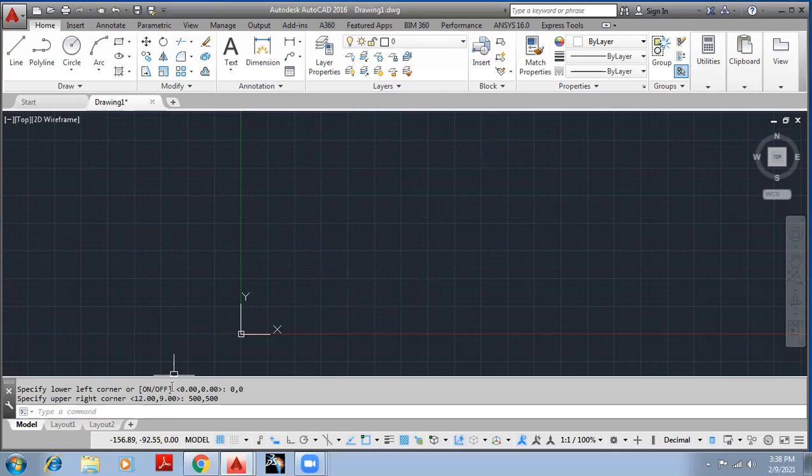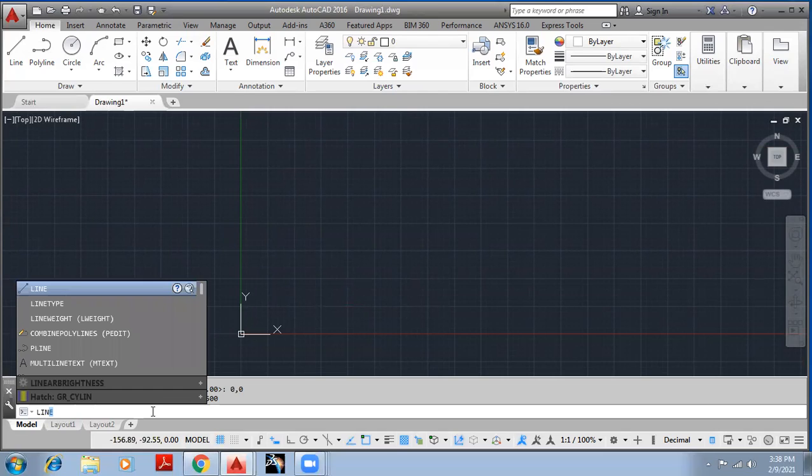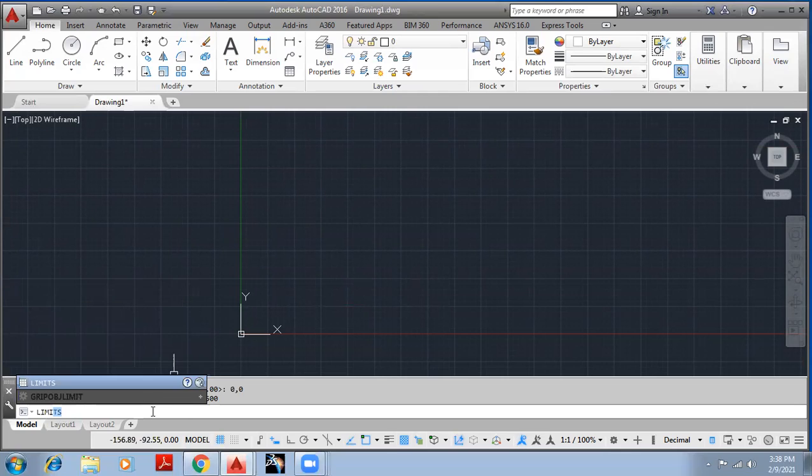So the next thing is what? We should activate that particular limit. Initially we have set the limits, the boundary of a limit. Next we have to make it on and off. So again, enter limit into the command window. Done, and make it on.